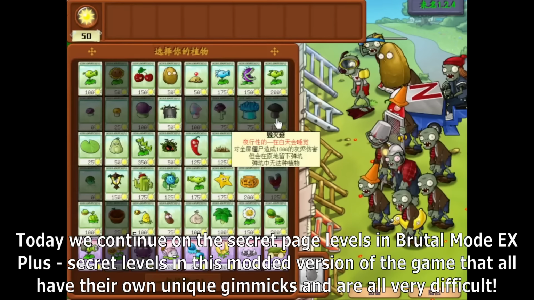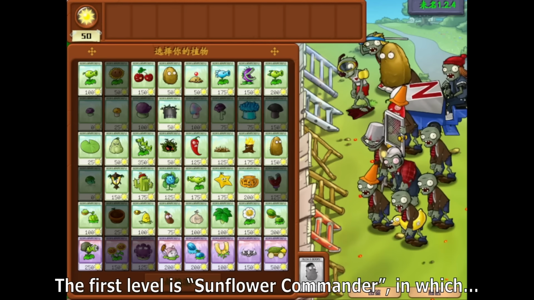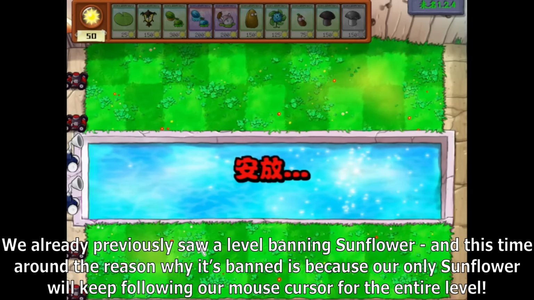Today we continue on the secret page levels in Bruno Mode EX+. Secret levels in this modded version of the game that all have their own unique gimmicks and are all very difficult. The first level is Sunflower Commander, in which we already previously saw a level banning Sunflower, and this time